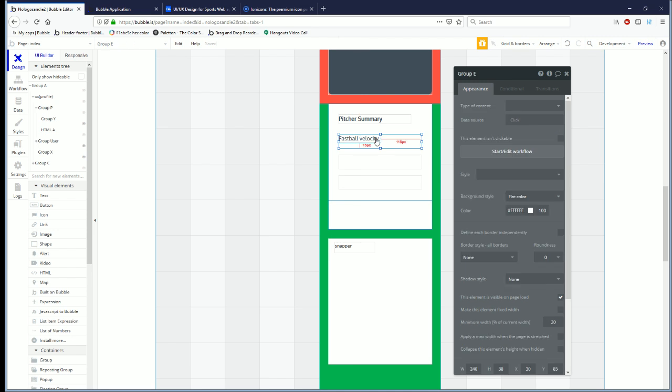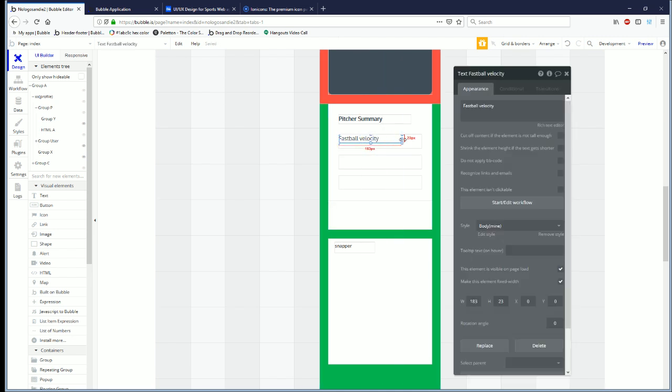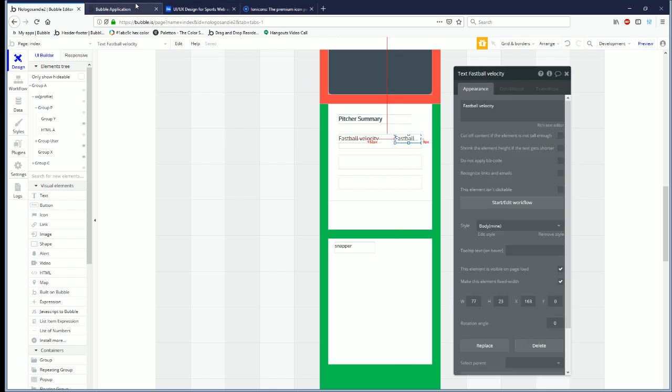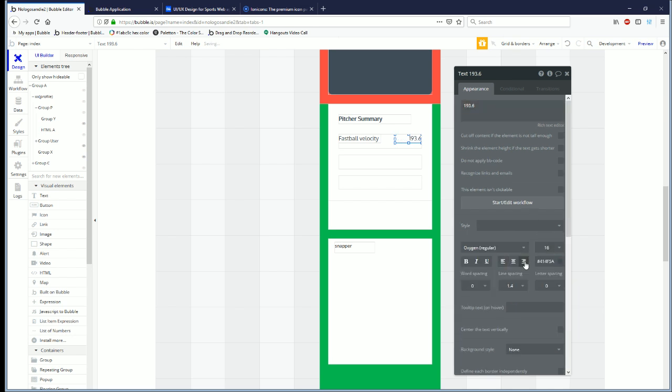How wide does this need to be? Okay, this one will be aligned left, and then there will be the text for the actual value, which was put at 93.6 here. I don't know how fast a fastball can go, but what you want to do when you're building out these UIs is actually put in the highest possible value to make sure that it fits, and then a really low value to make sure that it still looks good. So we're going to go with 193, and I don't think it'll go any faster than that. We're going to remove this style. We're going to line it right, and then we're going to stick in a